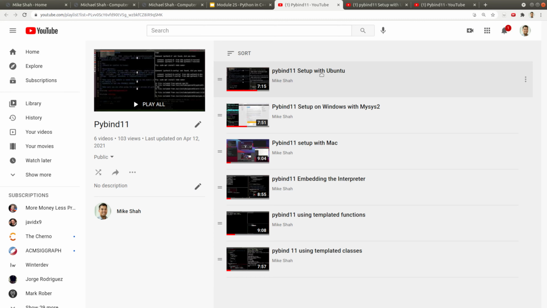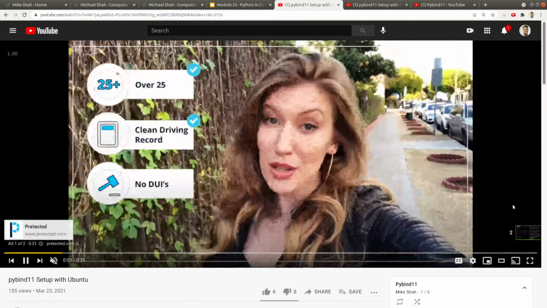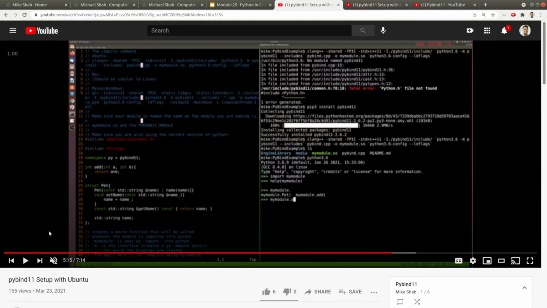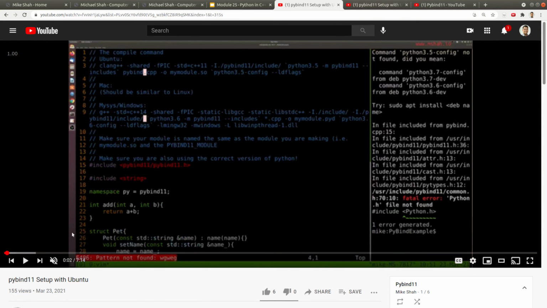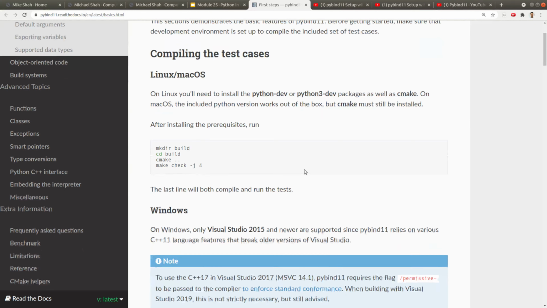Most folks are going to be here if you're using the virtual machine and can follow along with these directions. So I'm going to go ahead and show us this example. This example is just going to be following along from the PyBind11 tutorial. So let me go ahead and open that up here and show you how to get started.